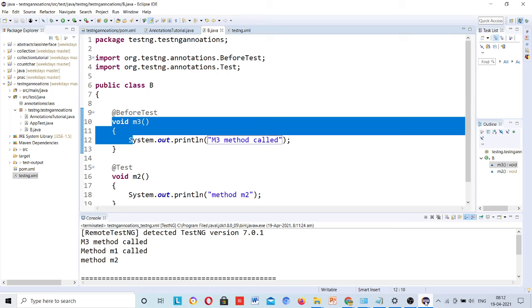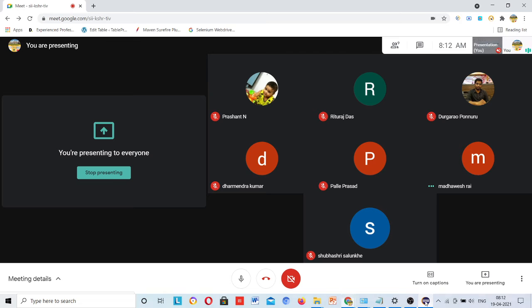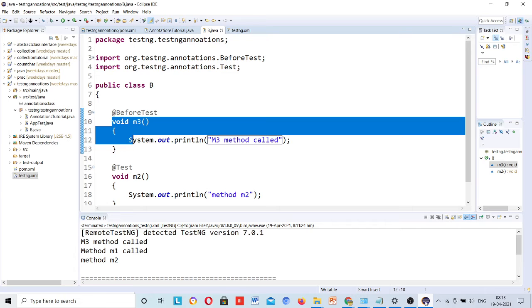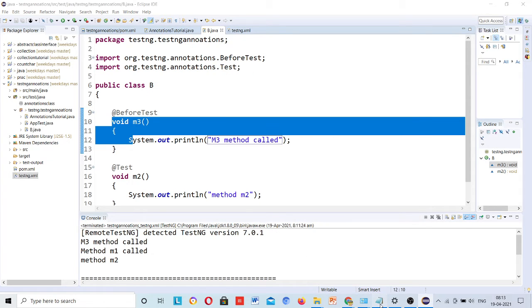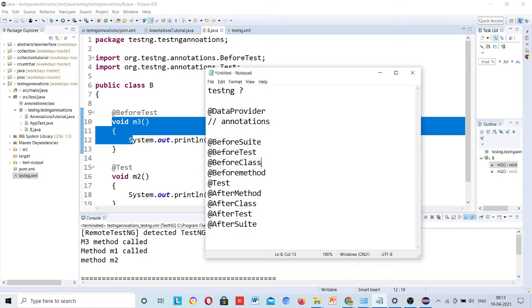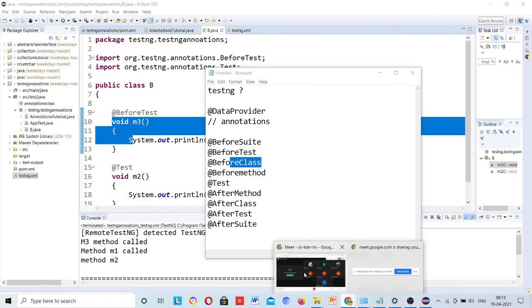Yes, you can have more than one, two, three, four, whatever you want. If you want to do profiling, then you can use them. But just focus on testng until you are sure about testng. Then I can go to that topic, like maven profiling. I will link it here, but some people don't even know about annotations, so it doesn't work fully as of now. You can connect with me separately if you want to know such topics.